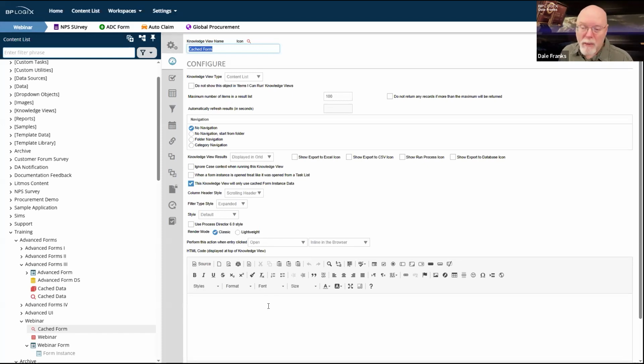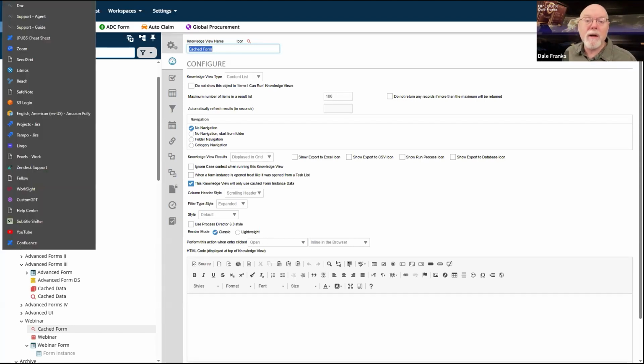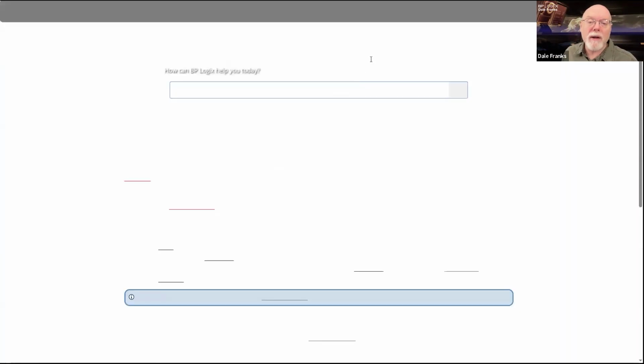But there is going to be some delay, because when I pull cached data, it's only going to pull the data that existed as of the last time the cache was built, which is why what we recommend you do, if we go into the documentation.